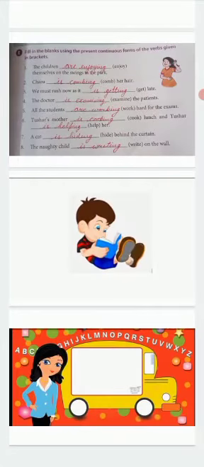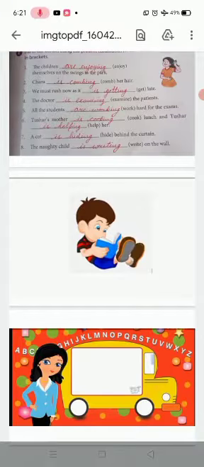Now students, we will do the practice of exercise related to present continuous tense. First sentence is the children dash themselves on swings in the park. Here option is enjoy. The children is a plural subject, so here we use are. The children are enjoying themselves on the swings in the park. Charu dash her hair. Charu is a singular subject, so here we use is combing.